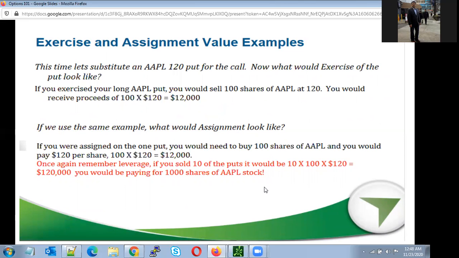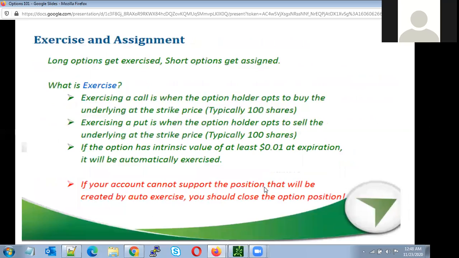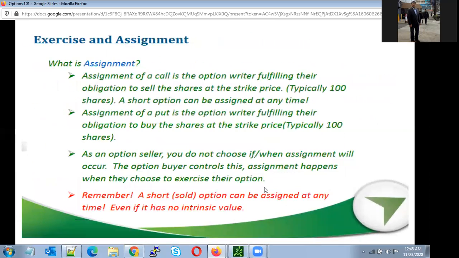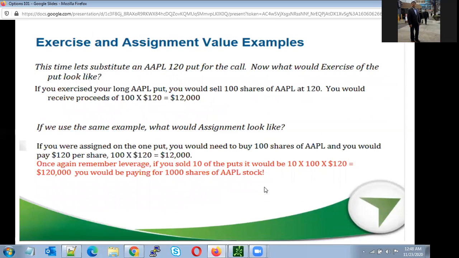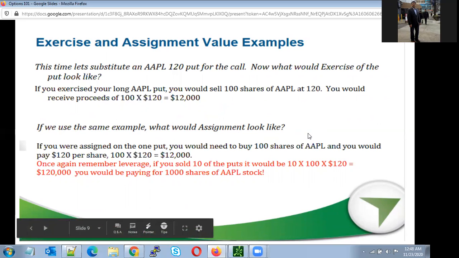I'm trying to do more. Okay. So I was hoping that this would be today's thing, because I was not going to go into the delta, vega and theta. Not a complex thing.